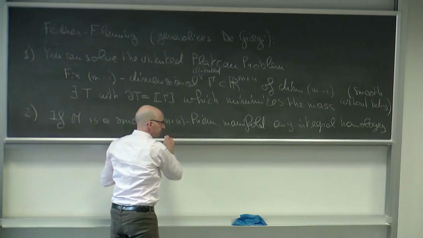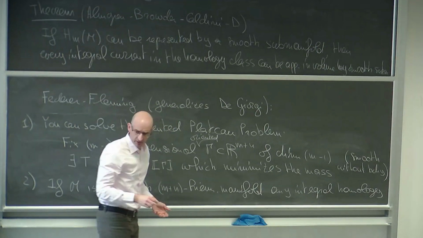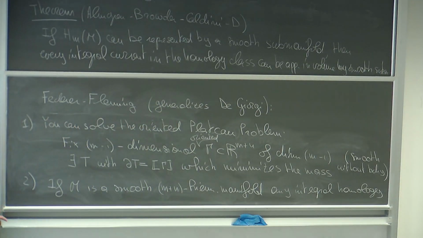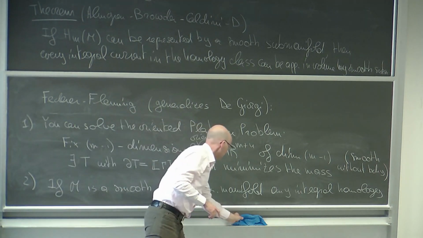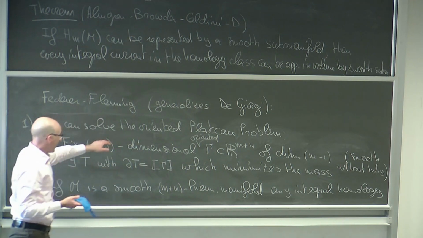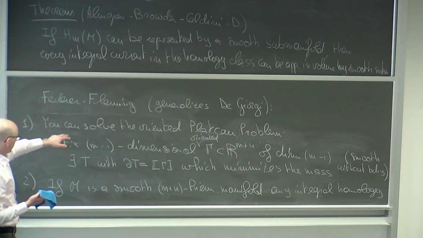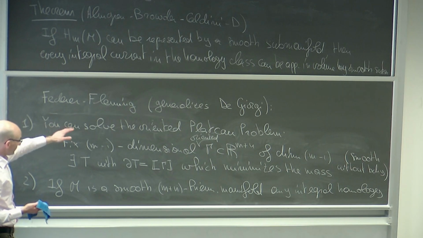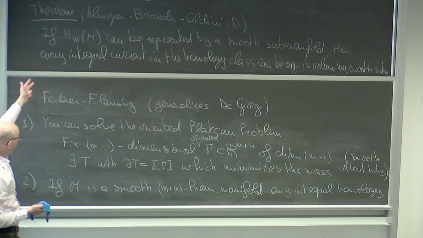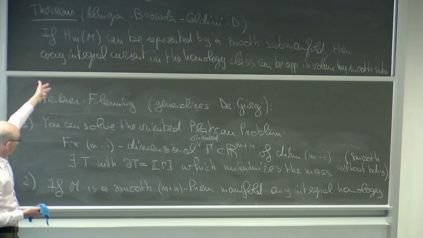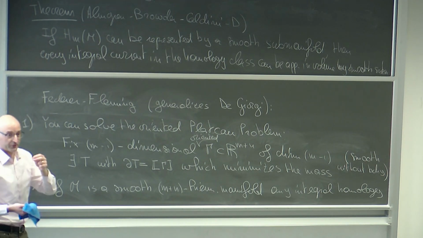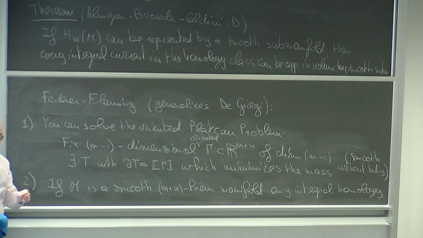Okay, so what's going to be the subject of the talk? The subject of the talk is going to be whether these minimizers, whether they are minimizers of the oriented plateau problem or representative minimizers which are representing some homology class in some Riemannian manifold, whether they are regular in the case of the plateau problem when I'm staying away from the boundary. It's really an analysis problem and it's really a local problem.